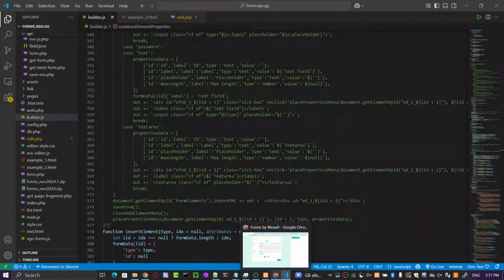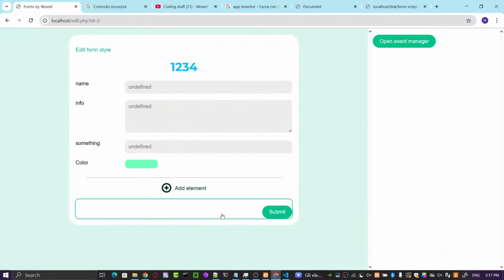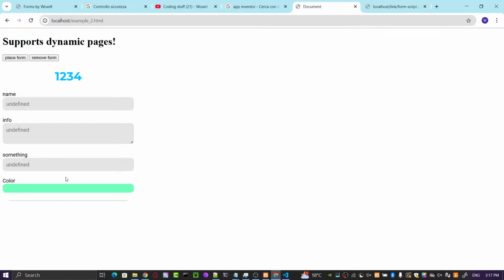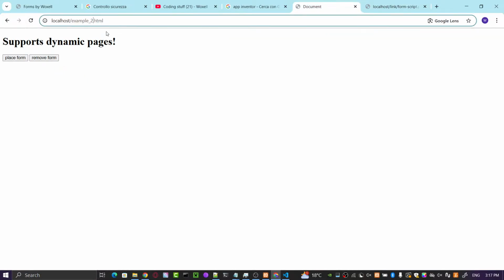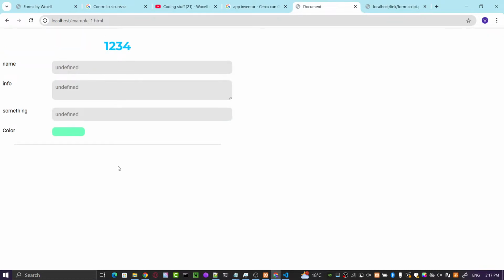Like we still have to implement the submit button. We have it here, but we don't have it here, and I want to have it here.